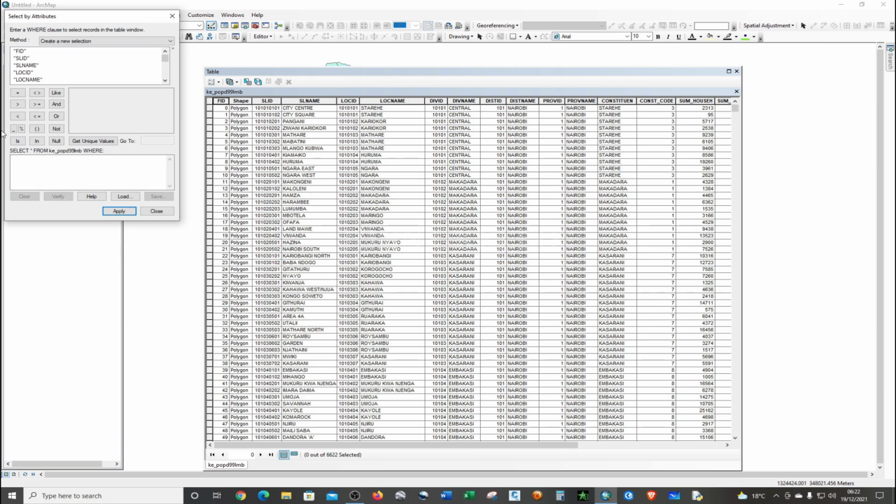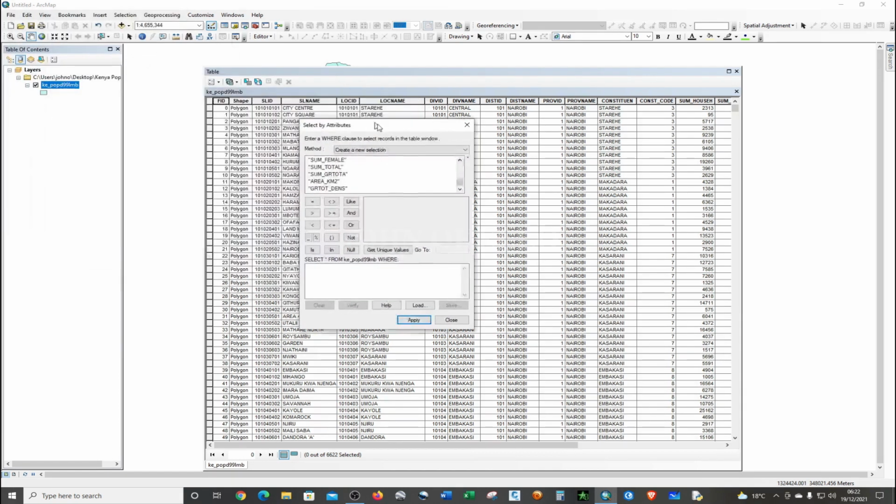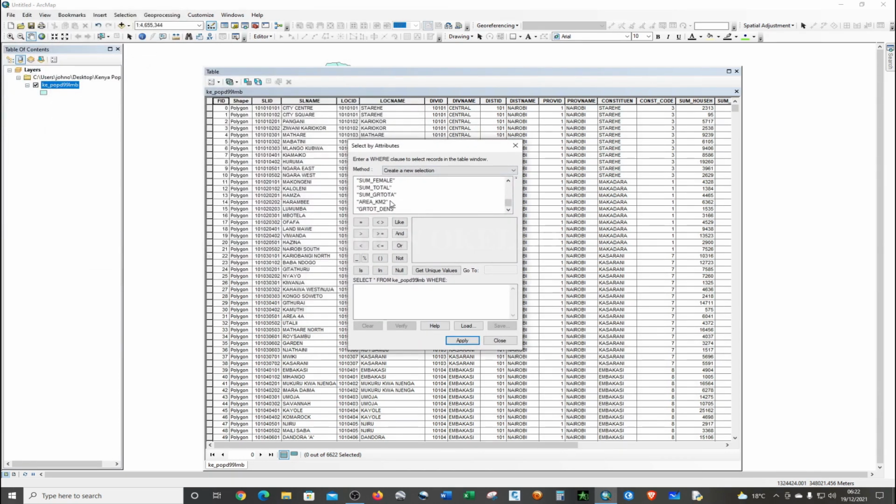And what you're going to do, you're going to select the sum of male. Sum of male is equivalent to the sum of female, and we're going to add and